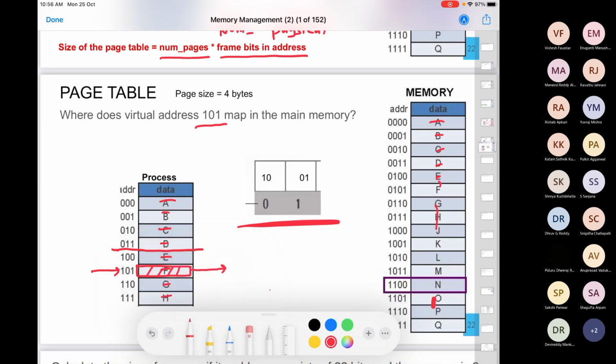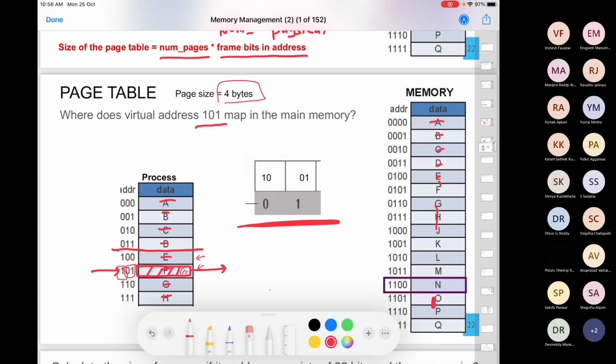One thing which we should notice: offset will always remain the same. Offset is not going to change. Right? So if you look at this location, if it is at location 1, the offset is 1 in this particular page, and in the corresponding frame in the main memory, the offset will remain the same. So we have to do nothing with the offset. We have to care only about the frame number, right? And if it is 4 bytes, we know that the last 2 bits tell me the offset. So this 0, 1 is going to remain the same. It will tell me the offset in the corresponding frame number, right? I'm only concerned about the frame number.